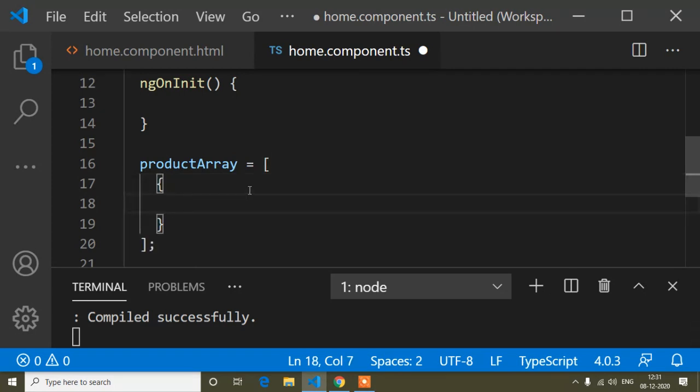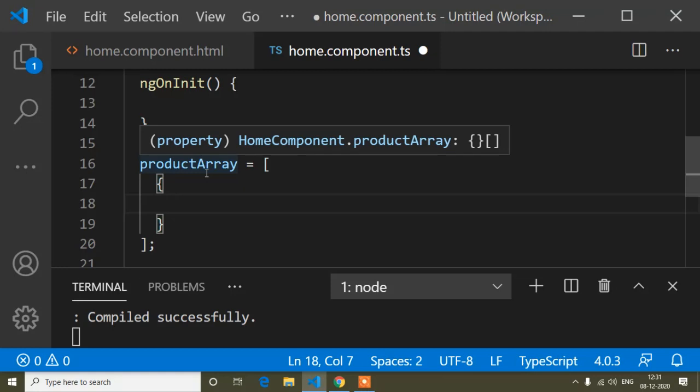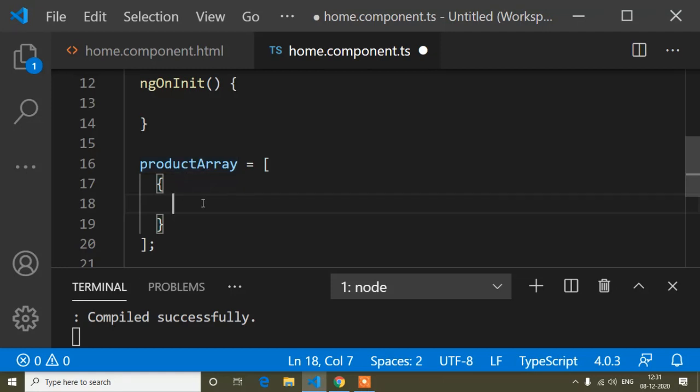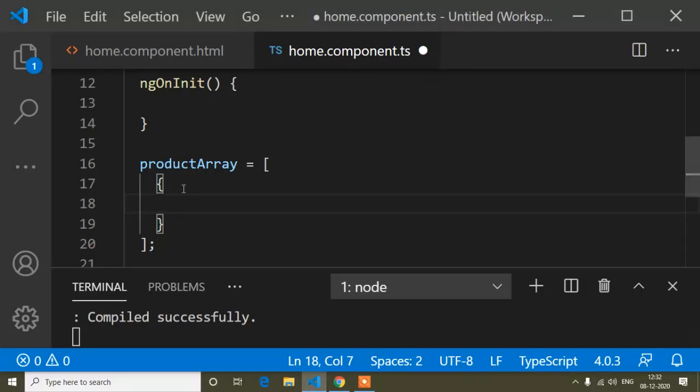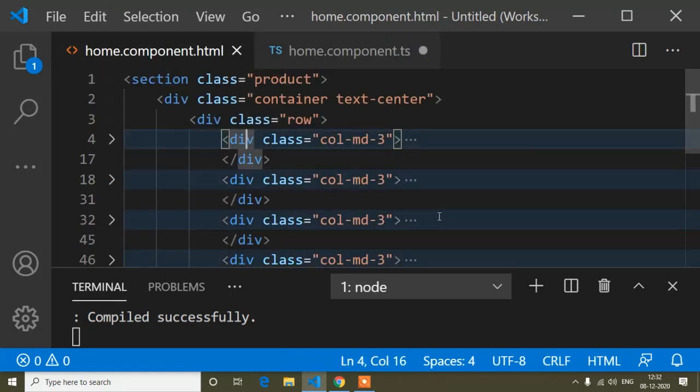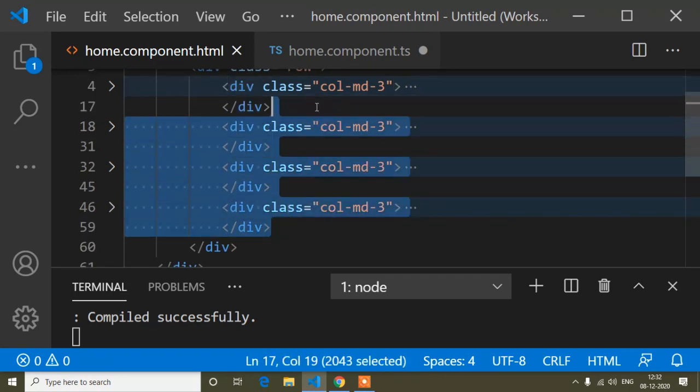And guys, if you want to know about arrays in Angular, you can watch my tutorial. You can find it in the Angular tutorial playlist, and if you can't find it, write in the comment and I will provide the link. Here, first of all is the image of this product. I have to write a property, img for image, and you can write the property name as per your choice. The image is in string format. And I will do one thing, I will just remove all the grid from here.